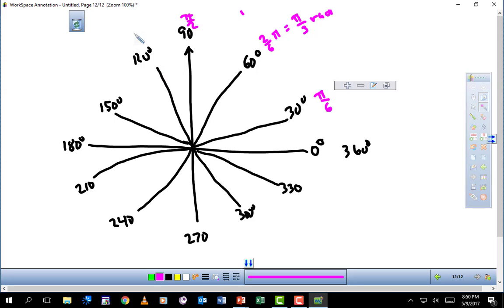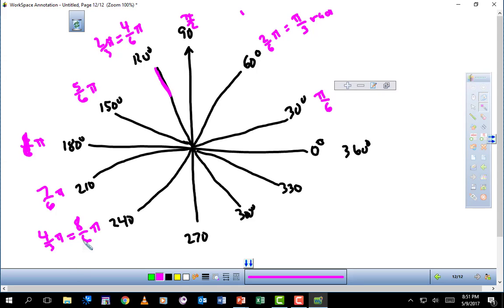If you add another pi 6 to that, that would be 4/6 pi. And of course, that's equal to 2/3 pi. So this spot right here is 2/3 pi. If you add another one, we'd be at 5/6 pi. And of course, this would be 6/6 pi radians, which is actually equal to pi. If you add another, that'd be 7/6 pi. And another would be 8/6 pi. Well, of course, 8/6 pi would be equal to 4/3 pi. So we have to reduce our fraction, so we don't use this one. 4/3 pi. And if you add another one, you'd be at